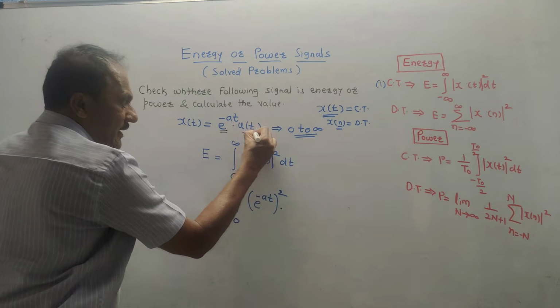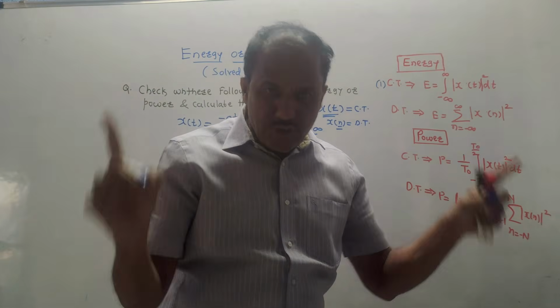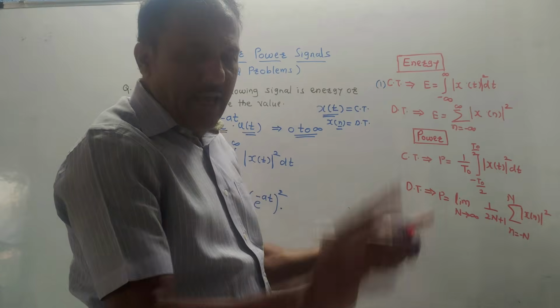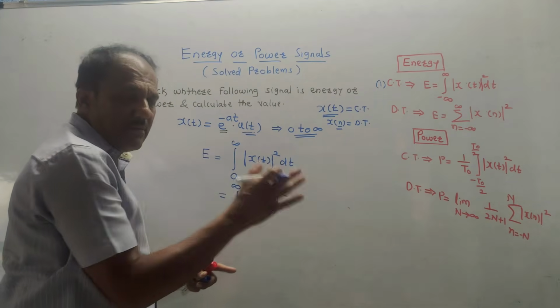But the given equation also contains u of t. I have told you u of t is a unit step whose amplitude is 1. If anything is getting multiplied with 1, the answer remains unchanged. So from now onwards, do not consider u of t, because